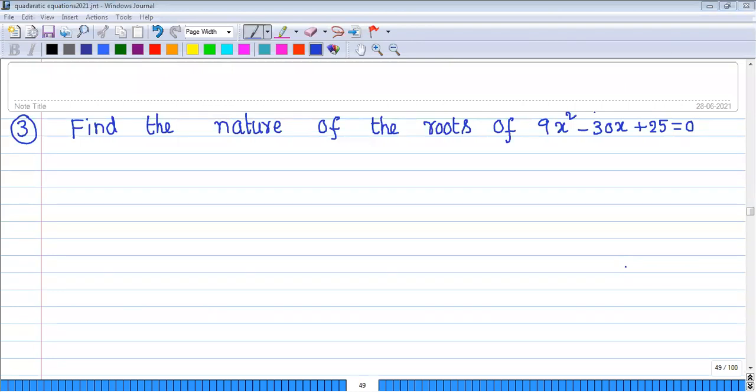Right. So let us find out. First we need to compare with ax square plus bx plus c is equal to 0. We have a value, b value, c value. To find out the nature of the roots, first we need to find delta. As per the delta value, we can comment on the nature of the roots. Here given